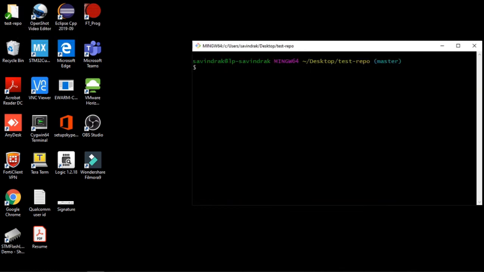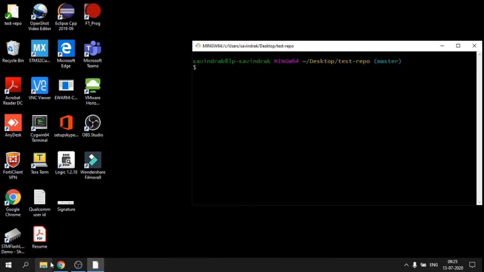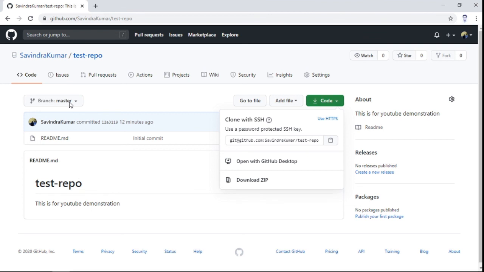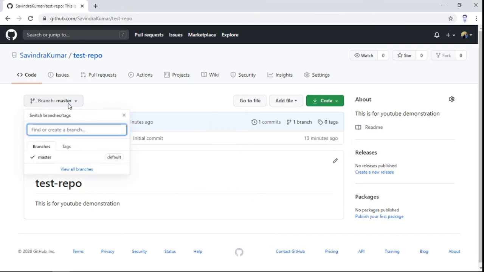So once you go to the local repository using git bash, you will see a master word here, because you are in master branch. Like you see, there is only one branch created in your remote repository.